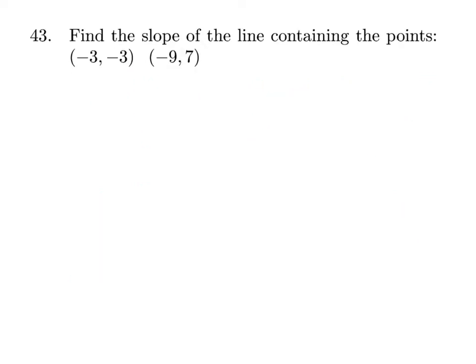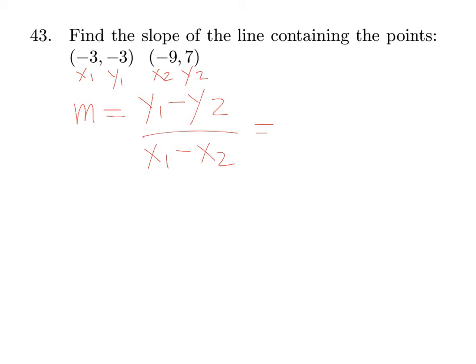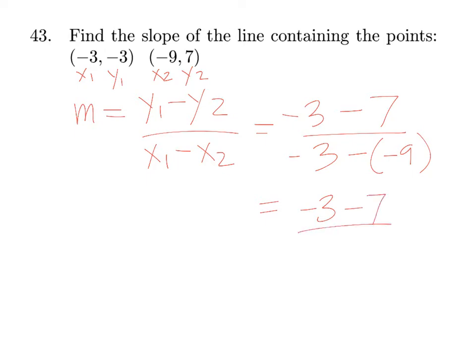Find the slope of the line containing the points. All right, once again, use the slope formula, y1 minus y2 over x1 minus x2. x1, y1, x2, y2. So I have negative 3 minus y2, which is 7, over x1, which is negative 3, minus negative 9. Negative 3 minus 7, negative 3 plus 9. So I end up with negative 10 over